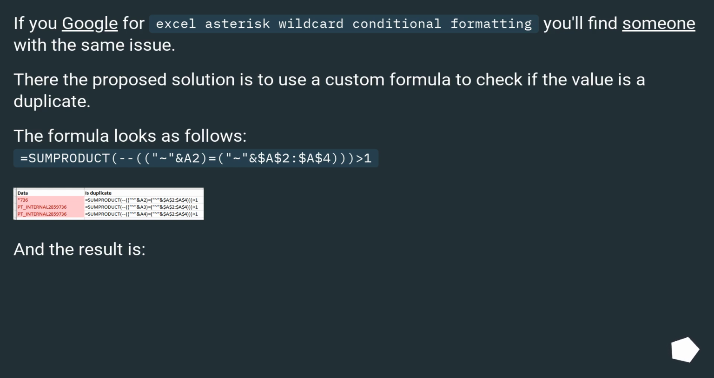If you Google for Excel asterisk wildcard conditional formatting, you'll find someone with the same issue. There, the proposed solution is to use a custom formula to check if the value is a duplicate. The formula looks as follows: =SUMPRODUCT(--(A2=$A$2:$A$4))>1. And the result is